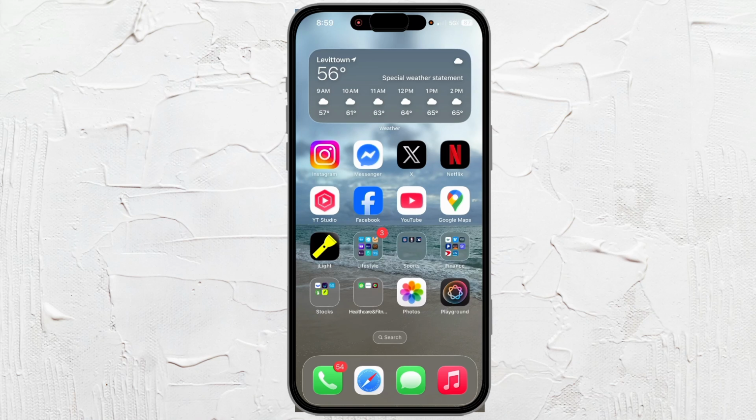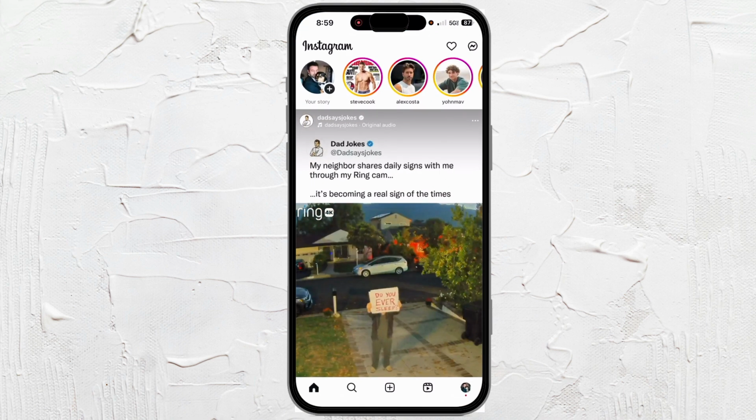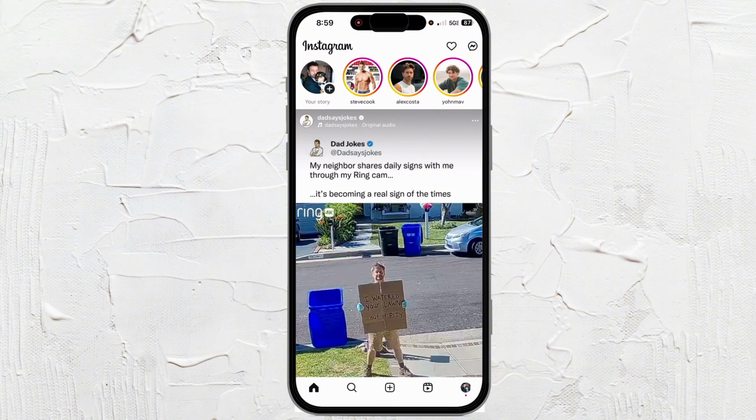How to add multiple pictures to your Instagram stories. So if you ever wanted to add multiple pictures on your same story, it's real easy to do. So go to your Instagram and go to your profile at the top left corner, and we're going to add